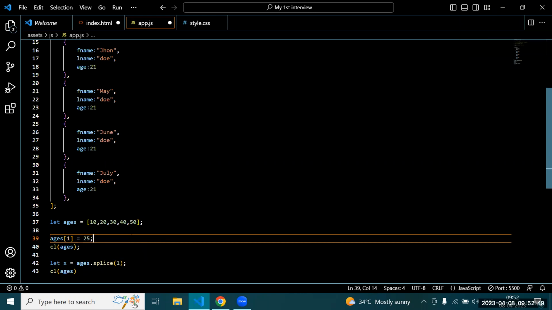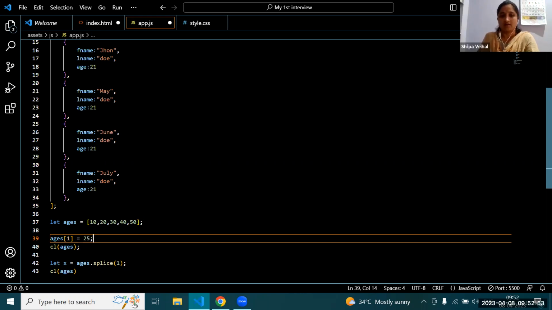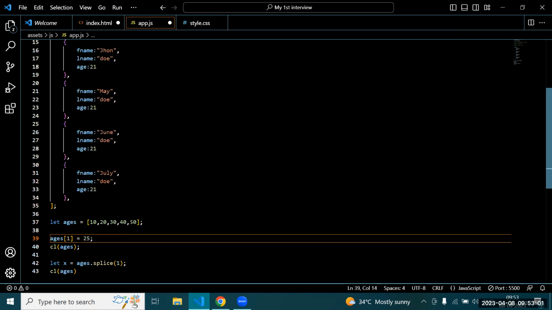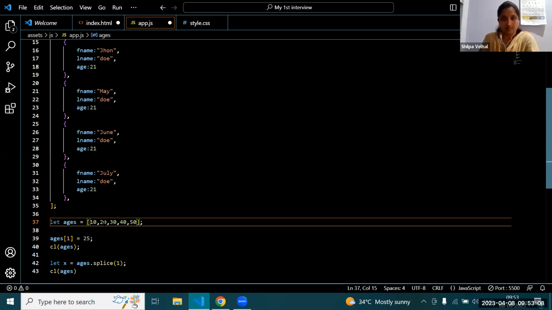Shift method adds the last value and unshift removes the last value. The shift method is used to remove the first element. Okay. Okay, sir.